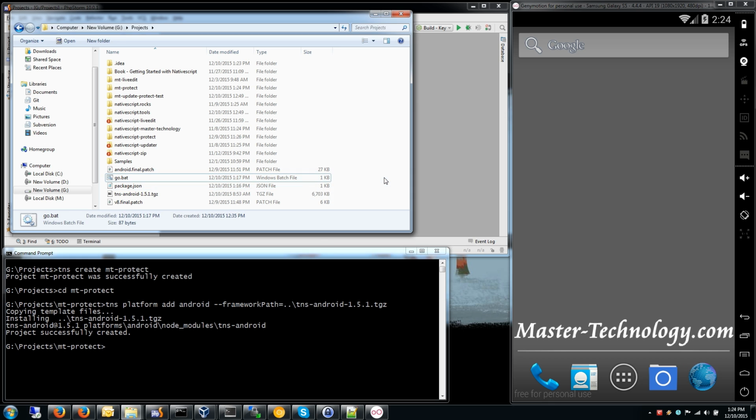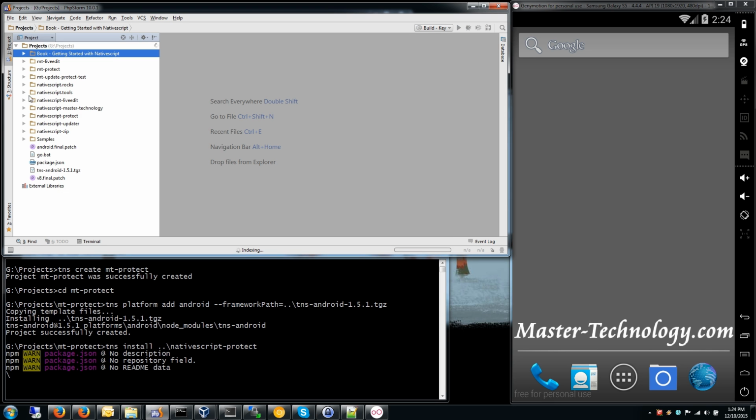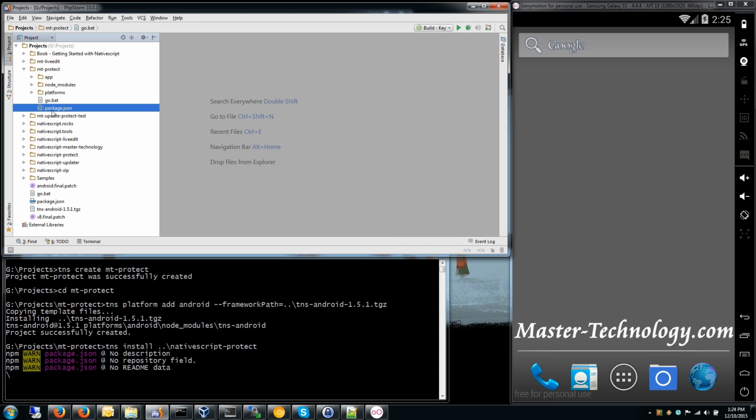Okay, let's copy these files into the new project folder. The Go batch file just saves me from typing the long command line to build and debug. The replace package.json has a new protect section so that I can make this demo a lot shorter. The new protect section allows you to customize how the protect plugin works. It has the ability to enable or disable several features like encrypting, minimization, and if the core modules will be